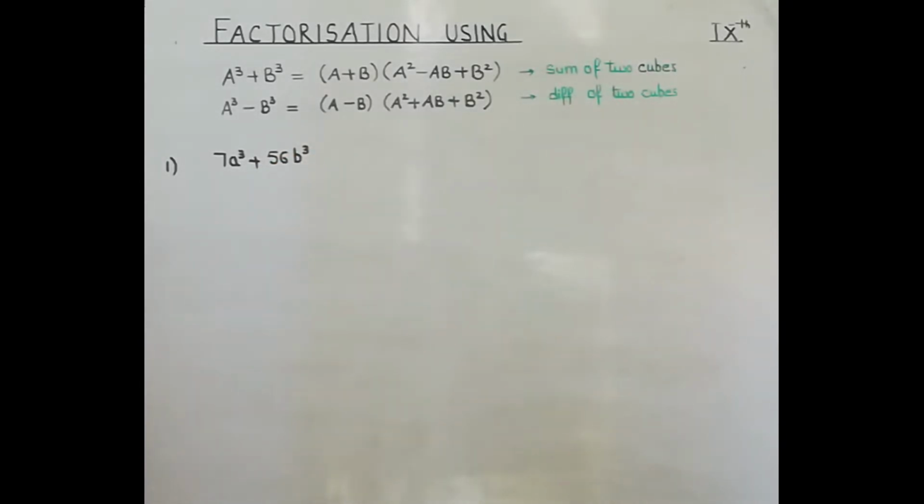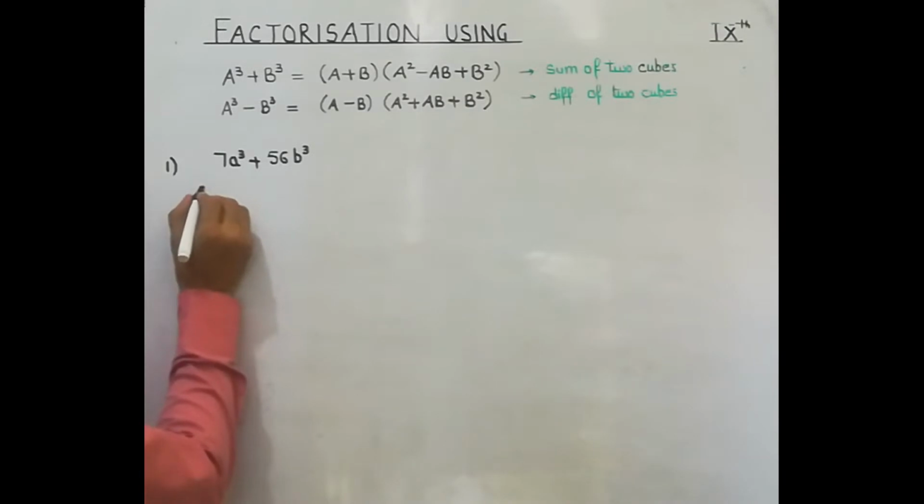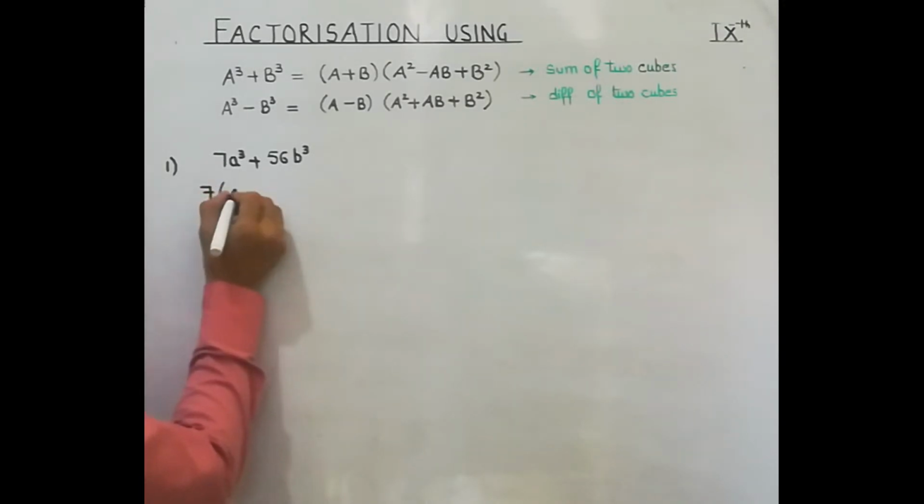Now remember, your first step for factorization is, if possible, take out common. So here you can see 7 can be taken common from here. So let's take 7 common. So we are left with